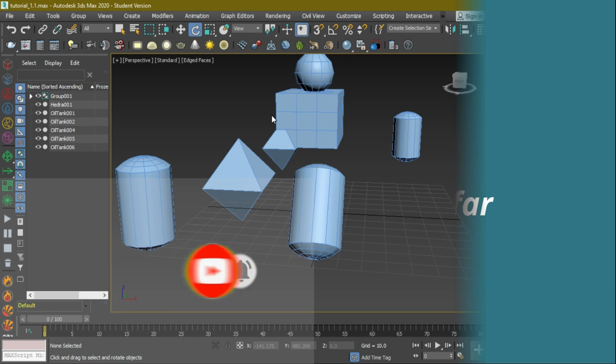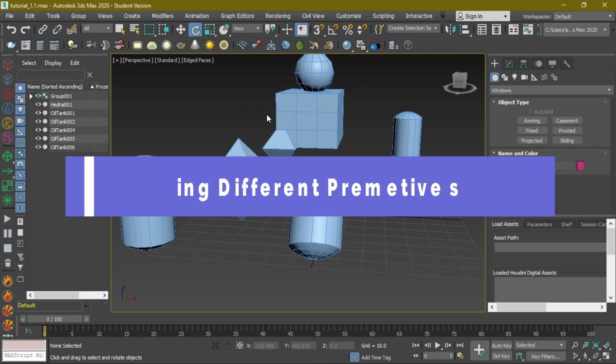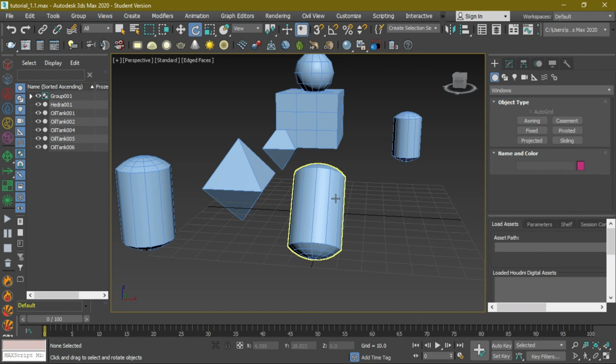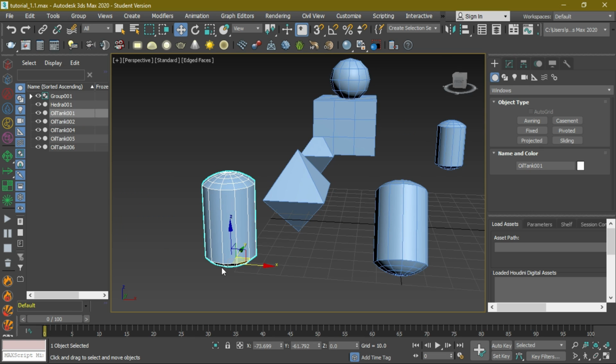We have learned in this how to create many different primitives, transforming them in different axes, aligning. If you are wondering, I have the pivot point over here. This is by the way, we call it pivot point. You may want to change the pivot point according to your needs. Okay, so I'm going to teach you how you can change the pivot point.